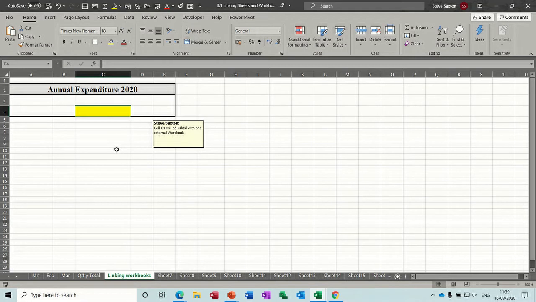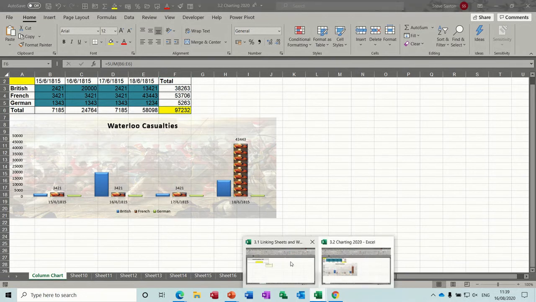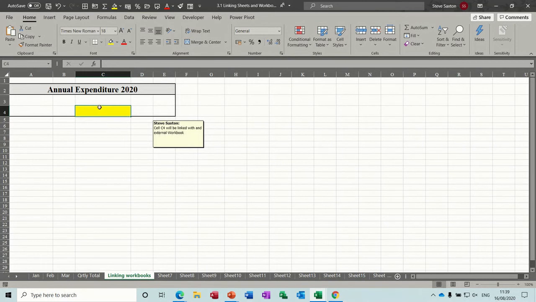However, if your company's got things all over the place, you will have to do stuff like this. The criteria is the 2 files that you want to link must be open. So I've got another file open under here called charting, and I want to link to this total figure here, which is just casualties for the Battle of Waterloo. So I'll go back to the first file, and all I have to do is click in this yellow cell,